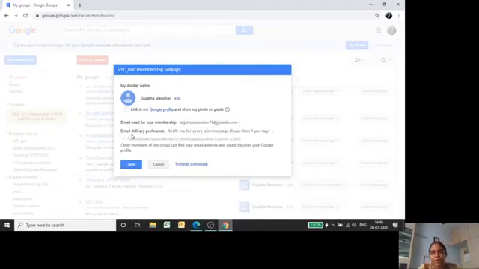This is very important: email delivery preference. Notify me for every new message means whoever posts anything to this group, for every message they post, you will be notified by email.